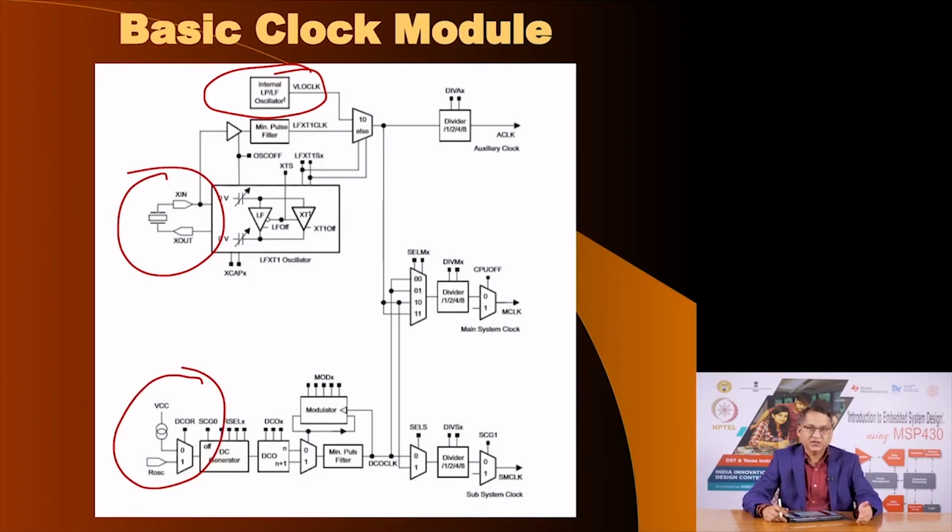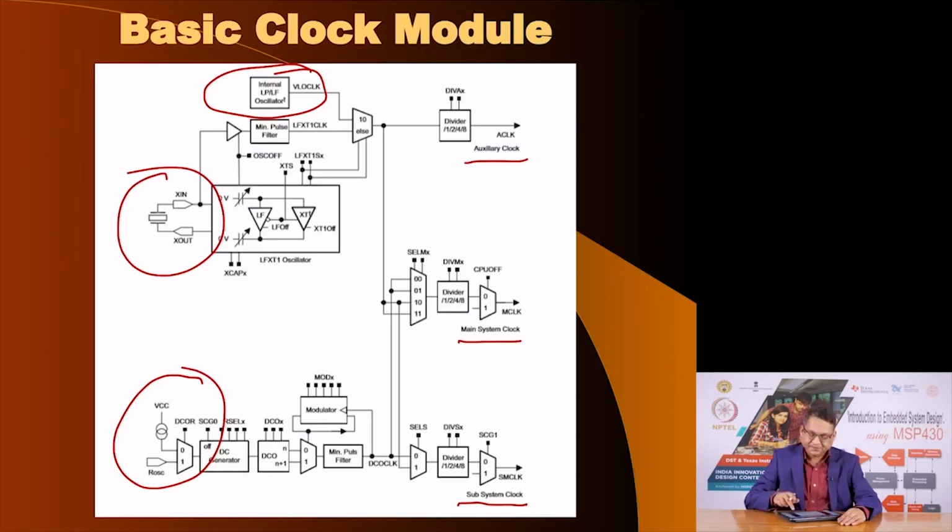Using a particular combination of these 3 sources, the MSP430 clock module offers 3 clock signals. They are called the auxiliary clock, the main system clock and the subsystem clock. Let us see what these clock signals do, what part of the microcontroller they serve, and how their frequency